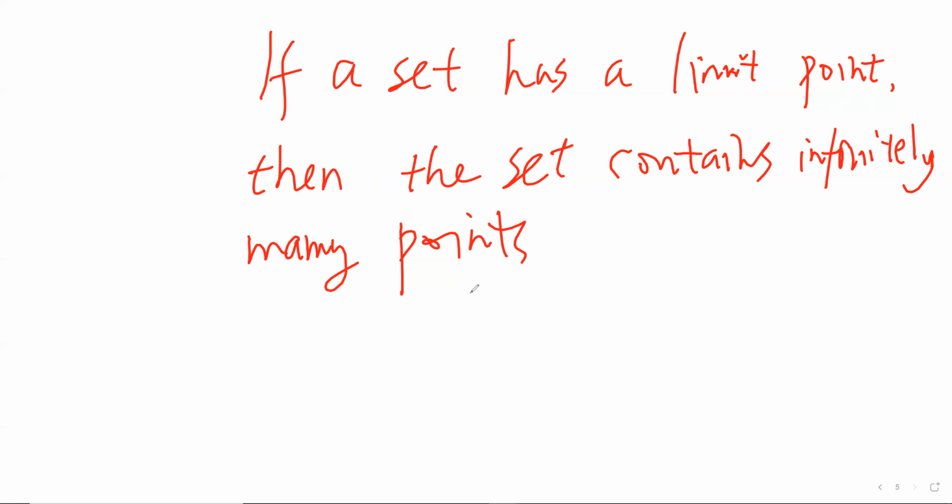Why is this true? Suppose a set has a limit point, but only has a finite number of points. Then we can derive some contradiction. Suppose the limit point is P, and we can calculate